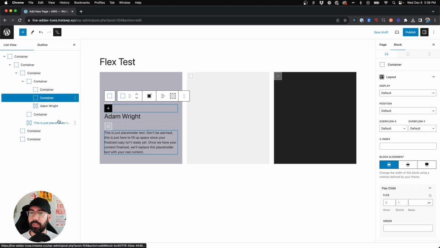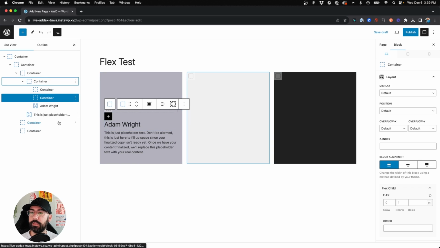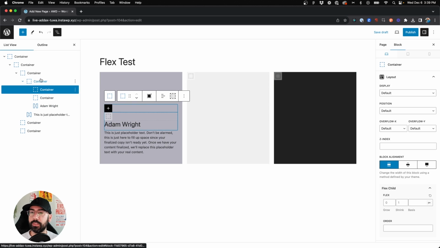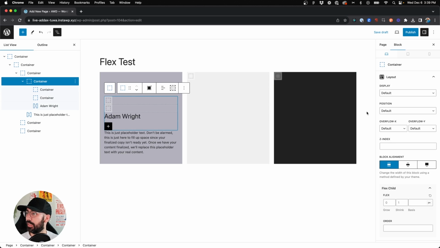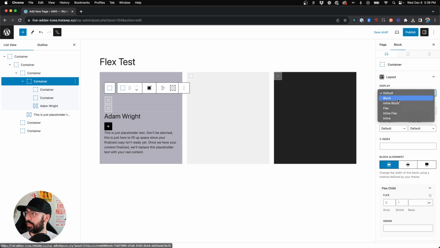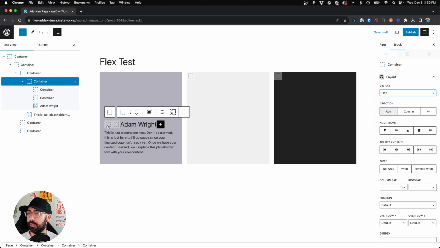And we'll duplicate that. All right, so actually we'll delete this one. All right, so we've got our two containers inside another container. And now in this container, we want it to be side by side, right? So we're gonna say display flex. Now they're side by side, and we're gonna say